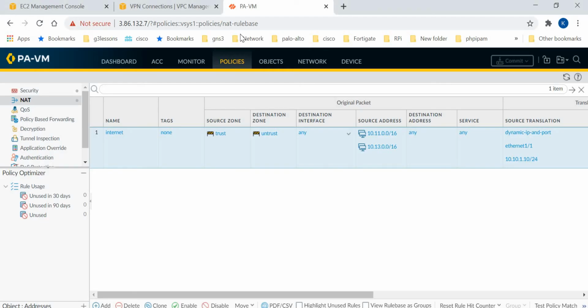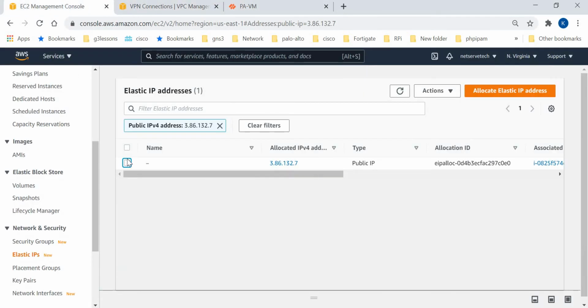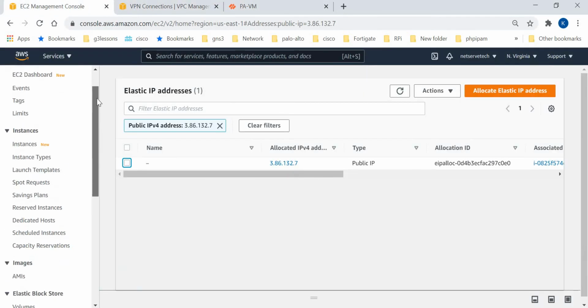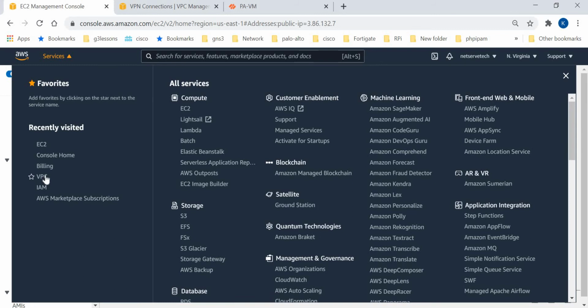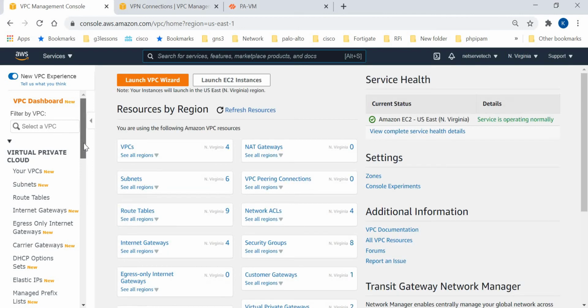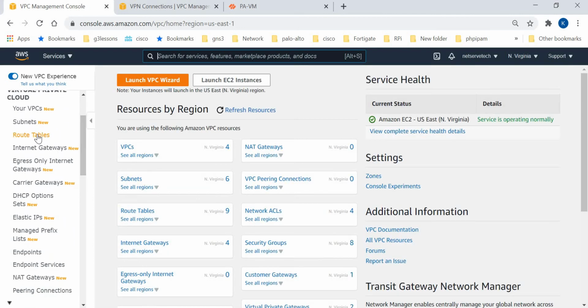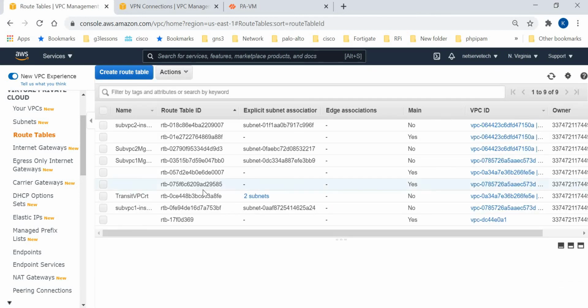Now let's go to the VPC. We have to check the subnet route table which we are using for the 10.13 segment. I'll go to route tables.